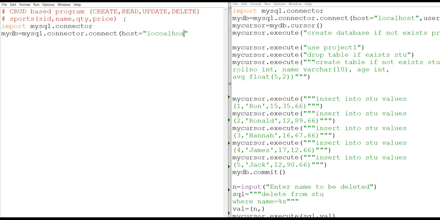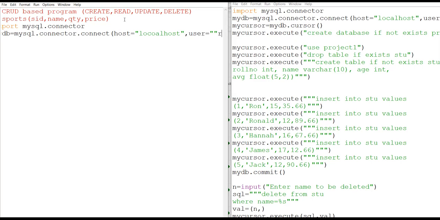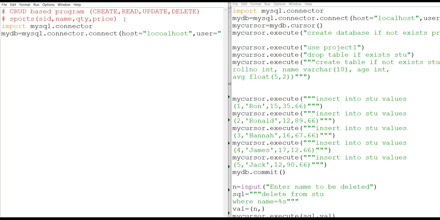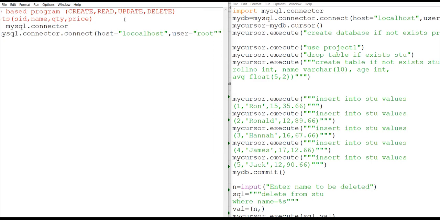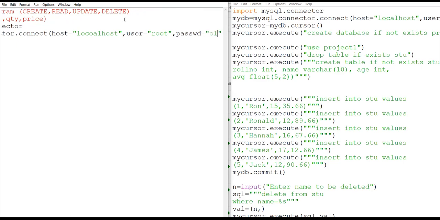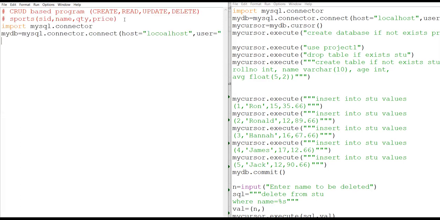Then the username, user is equal to root by default. Then the password, passwd is equal to whatever your password is, so it is OLOPCS. Next, we need to create the cursor: mycursor is equal to mydb.cursor.